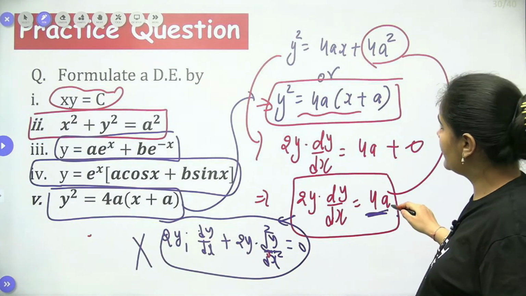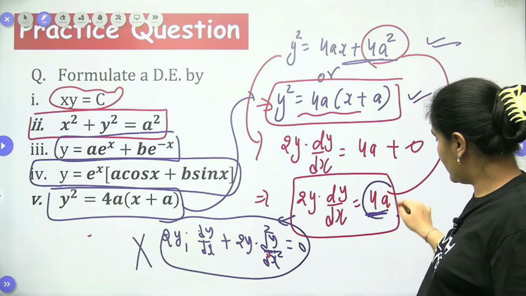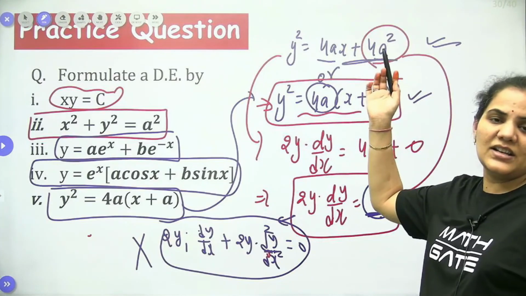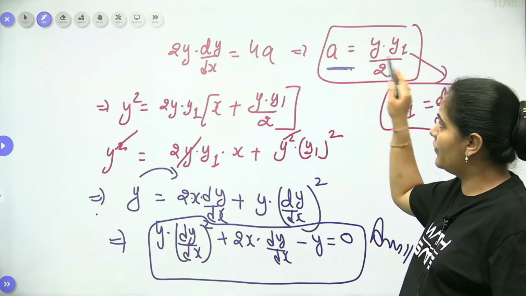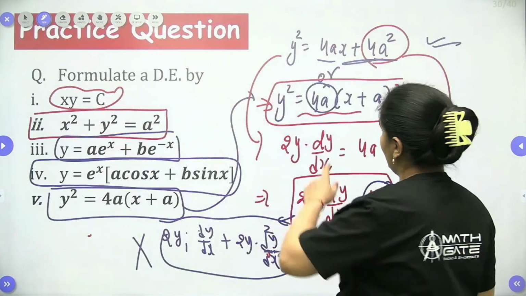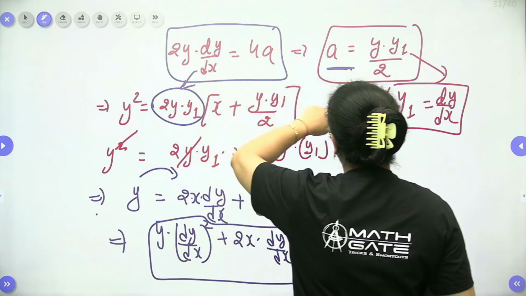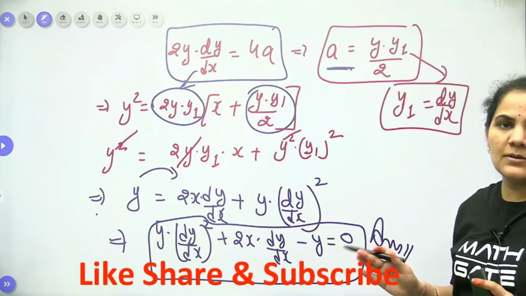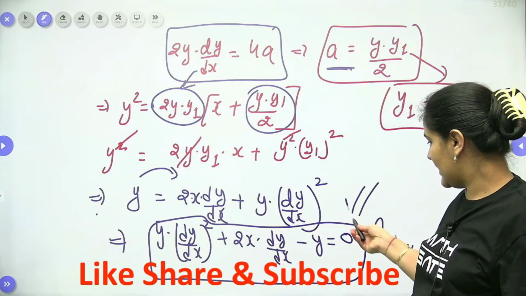It was 4a, right? Here we have two options, either we can go with this one or we can go with this one. For the 4a, you can directly put the values here, here and here, but still a single a will be there. So that's why I have to find the value in the form of a also and in the form of 4a also, so that you can place the value. So whenever we have y square is equals to 4a, at the place of 4a we put this value, and at the place of a we put this value. So just by simple arrangement and simple cancellation, we can approach the final answer, which is like this. Okay.